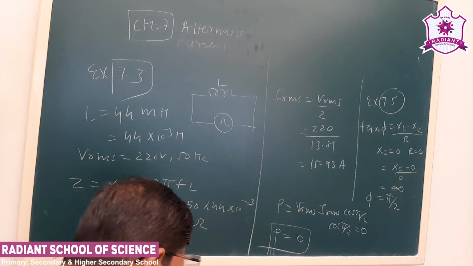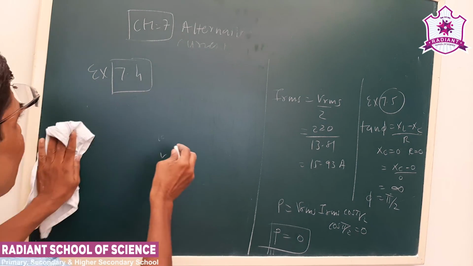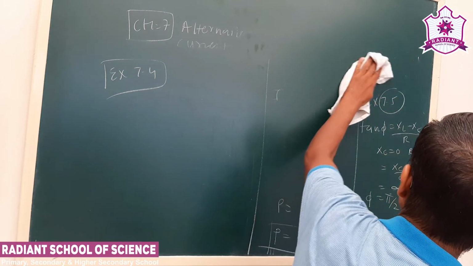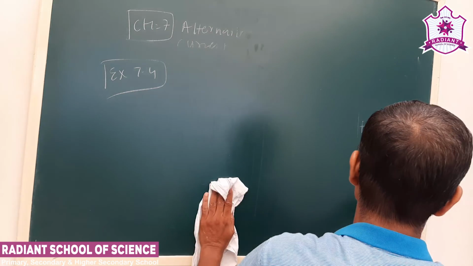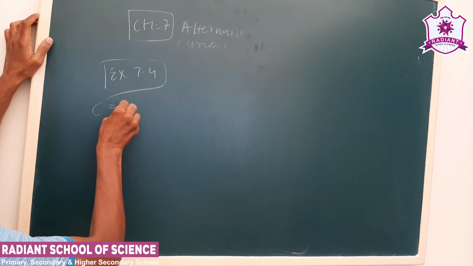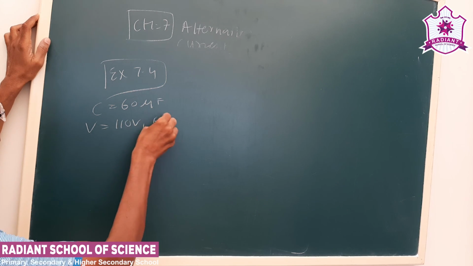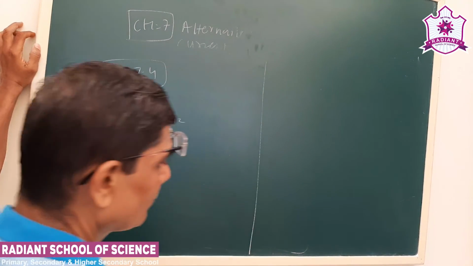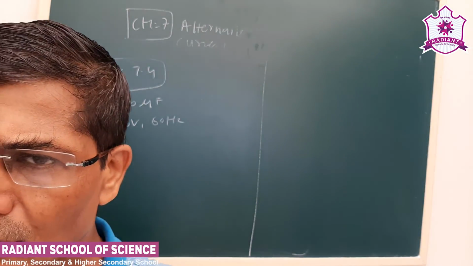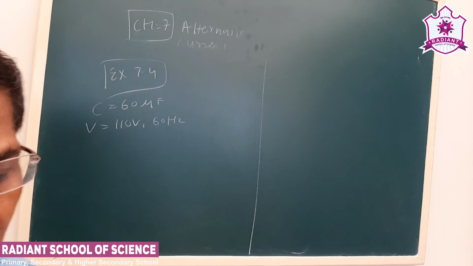See, next is exercise sum number 7.4. Now here a circuit with only a capacitor is given. The value of the capacitor is 16 microfarad. See, the voltage is different. Take care. Normally we are used to writing the value of the frequency as 50 hertz. I think there is only one or two sums in the whole lesson where the frequency is different. So when we perform the calculation, we have to take care.